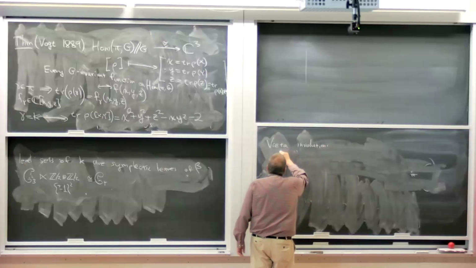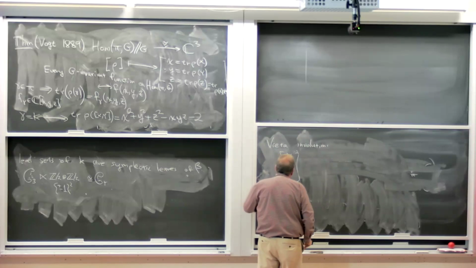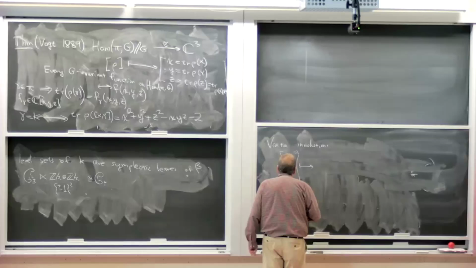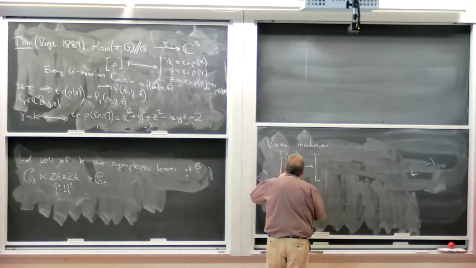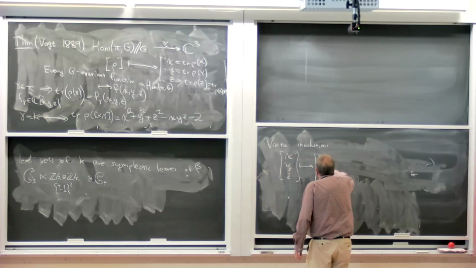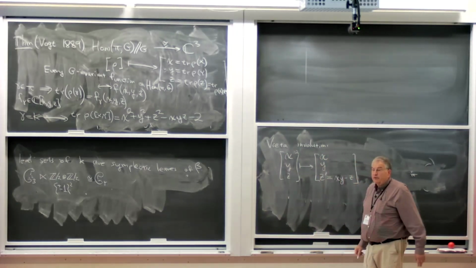Say if you fix one of the coordinates, say x, let's fix y. I remember what I want to do. Okay. Let's say fix x and y, and then what can z go into? I'll call it z prime. That'll just be xy minus z. And then you have corresponding involutions for